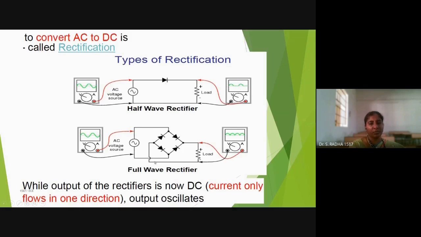Now coming to the full wave rectifier, this is the bridge type full wave rectifier. When you give the positive half cycle, this diode and the opposite diode will come to on state. Because of that, the positive half cycle will come as it is. And these two diodes will be in closed condition, on mode, like an on switch.